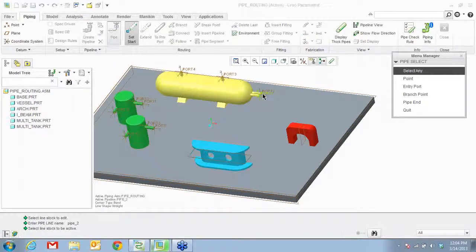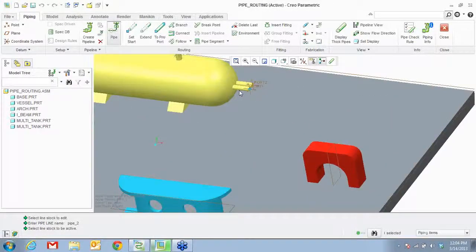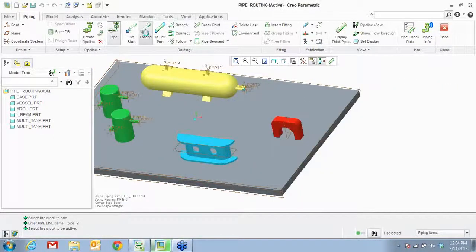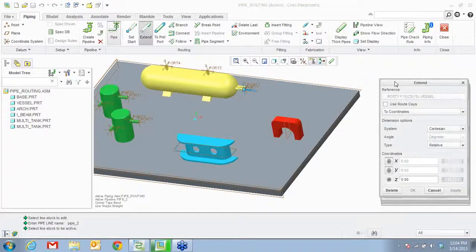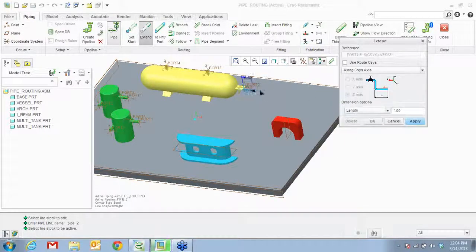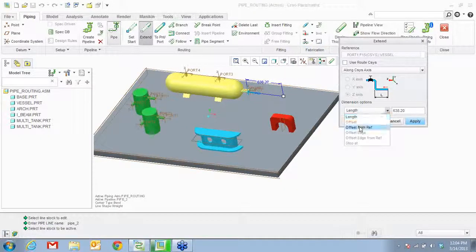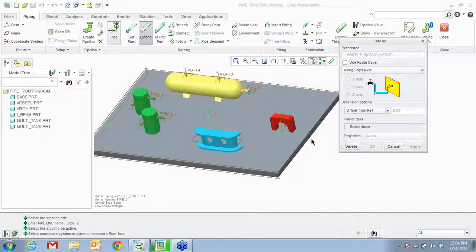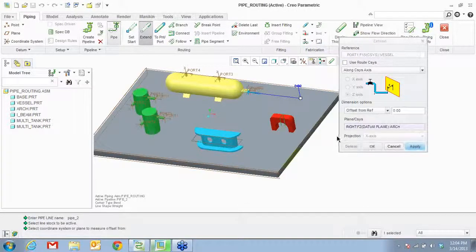You can pick a port so that it starts from there. You can extend it. Note that you can extend it through whatever coordinates, or you can say along an axis and extend it whichever way you want. Now you can go by length, or you can say offset from another reference and say pick a reference.